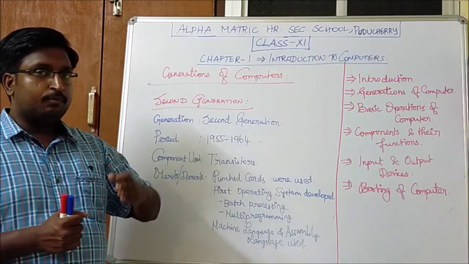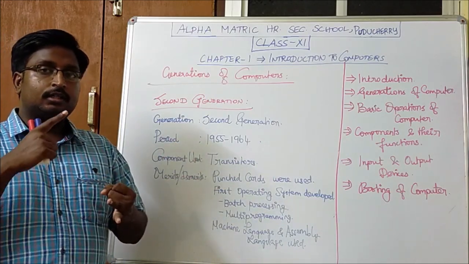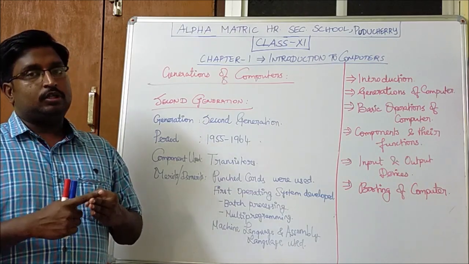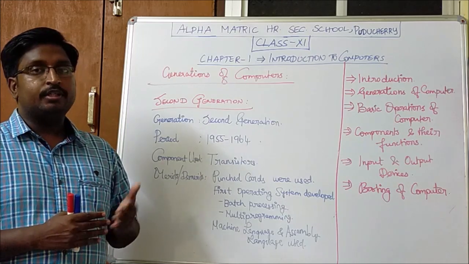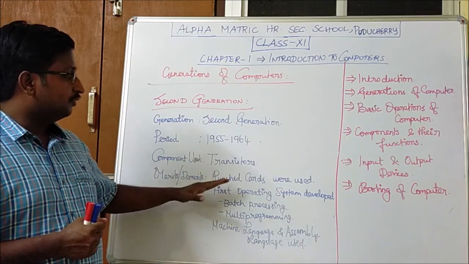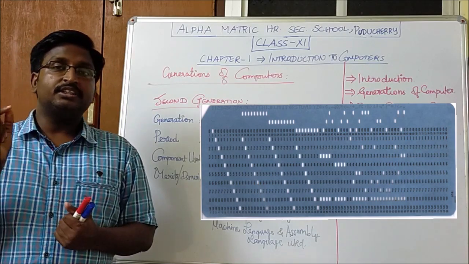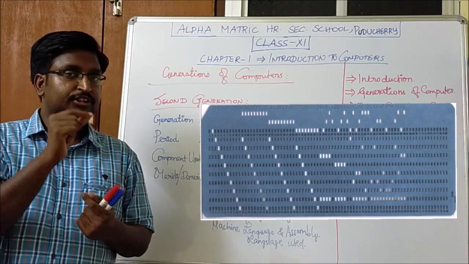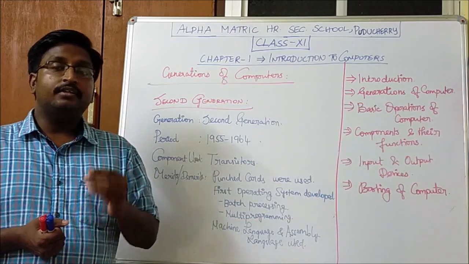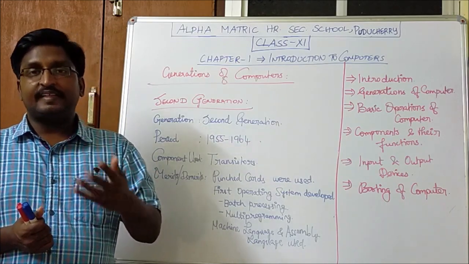These three points will be common in the upcoming generations: less power consumption, less heat produced, and smaller computer size. I have mentioned here the unique merits and demerits. First, punch cards were used. A punch card is a thick card where impressions are made, and the data are stored in the impressions. The data are read with the help of a reader and retrieved. A real-time example is the Braille book, where blind people read the text.